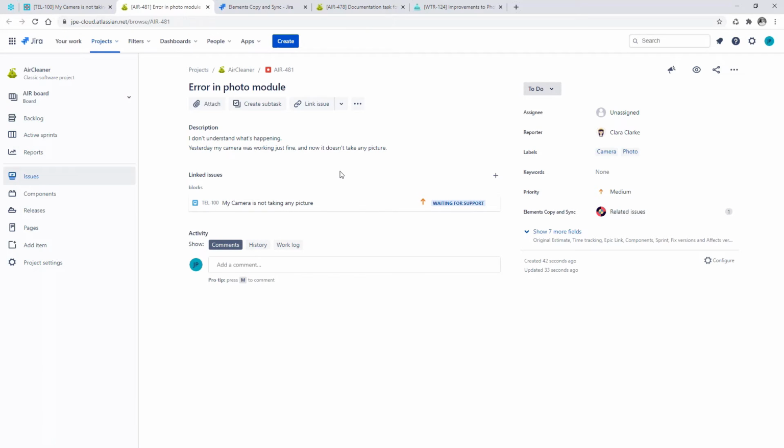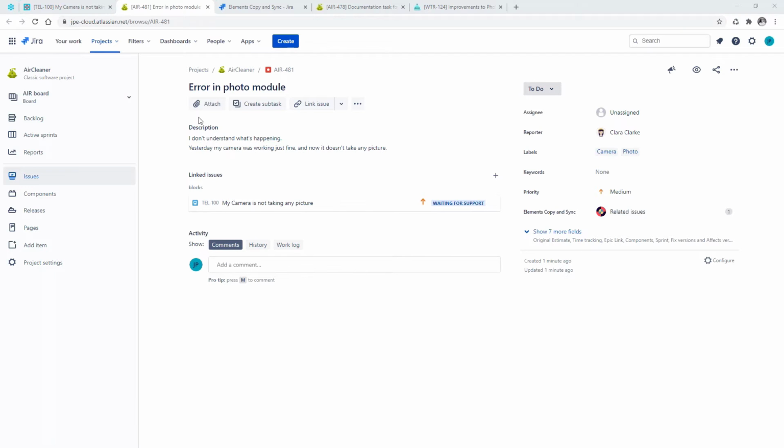As you can see, the new issue contains the information we can expect. The new summary is here, but the description has been copied as well as labels. Now, if a developer were to start working on this ticket to fix the bug, some information would be missing. Indeed, I have decided that with this recipe, I didn't want to copy the comment from the original issue to the new one. In this scenario, it's the role of the support agent to be the voice of the customer.